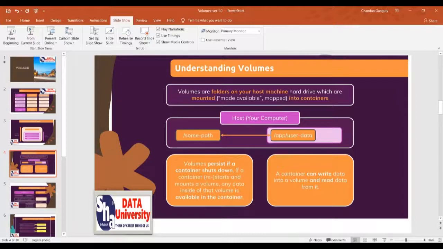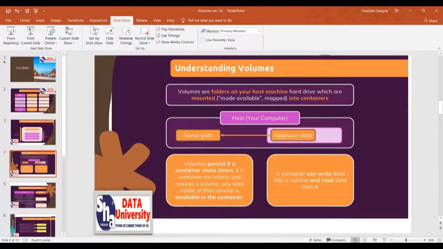Now when we are talking about named volumes, the fun part of that is that if we destroy the containers, this named volume will not go away. It will stay in the Docker system, and if we start another container attaching that volume, we will be able to access the data.